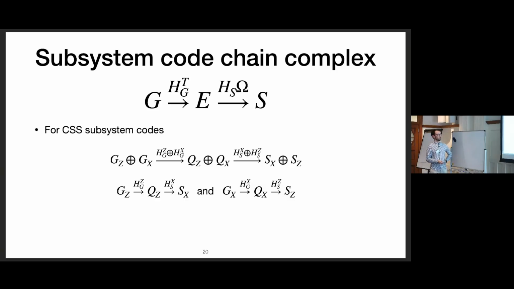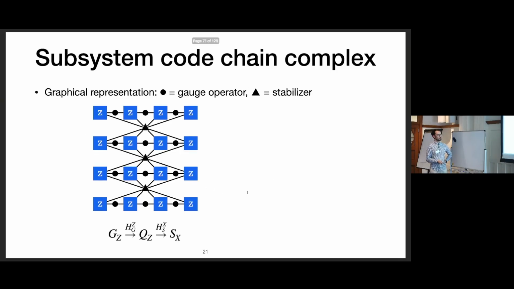Okay, so this is a relatively heavy. So let's think about an example. We're going to use a graphical representation of subsystem code. In this graphical representation, I have three types of vertices: circles that are gauge operators, triangles that are stabilizers, and squares, which are qubit errors. So in this code, I have 16 qubits, and this is representing